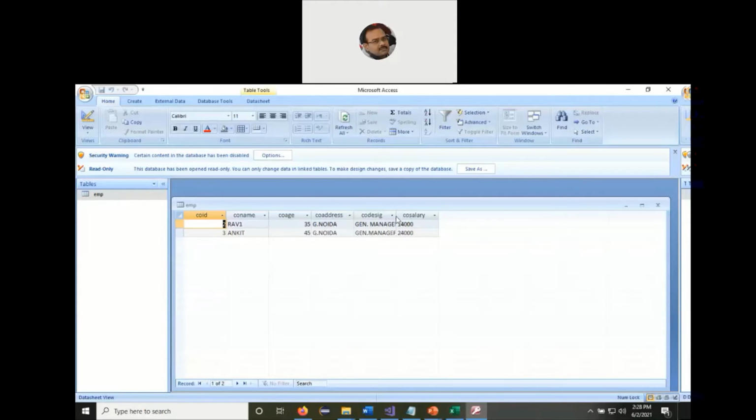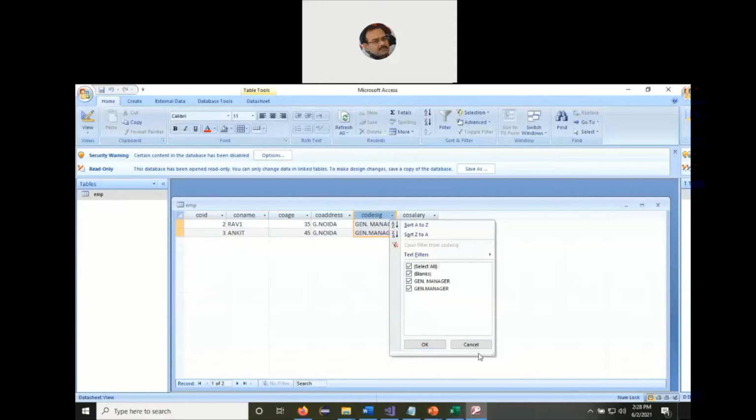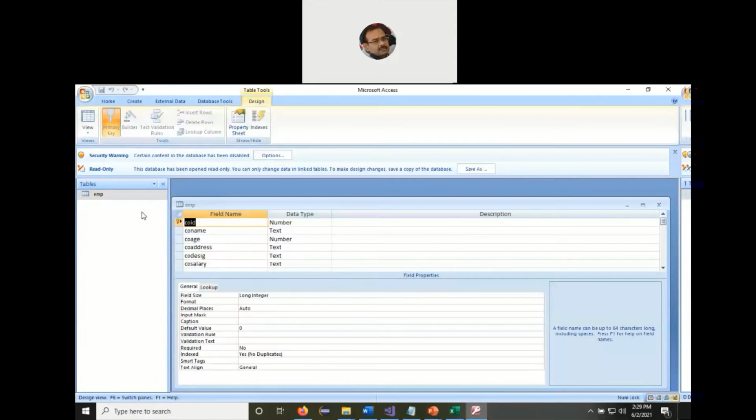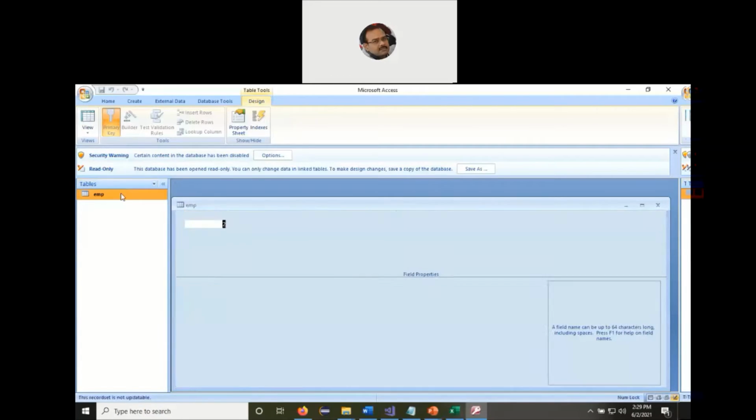And it is populated with 2 records, where we have the column ID 2 and the column ID 3. So this is how the design view of it looks like. Multiple columns, and on the left hand side we can see it's a primary key. We can look at the key here, and for data types, depending on the requirement you can apply any of the data types, number, text, whatever feels comfortable to you.